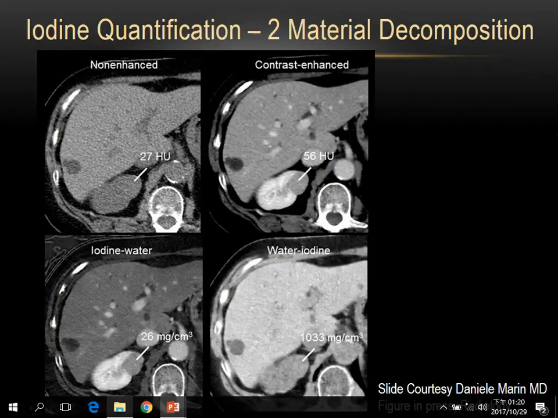Here's an example on a GE system. In their system, the quantification is a little bit different, but we again have one of these hyperdense lesions. We can see that this decomposes into a certain concentration of iodine and a certain concentration of water. So a little bit of a different understanding is needed to interpret these images between the vendors, but the effect